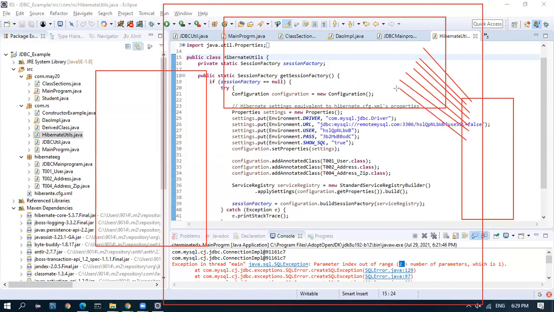Mostly we'll give 10 to 20. So those many connections will be available. This is a session factory. And when the DAO layer calls something to hit the database, a connection from one of these will be given. And after using, the connection will still be held by the session factory. It will not be released. So that is called connection pooling.